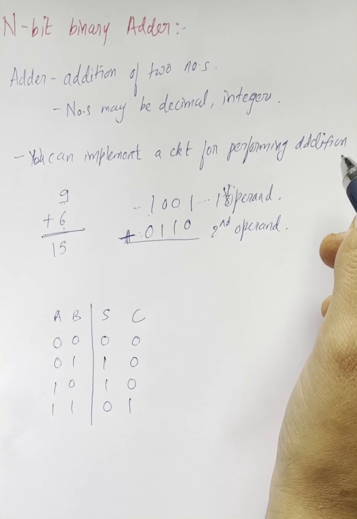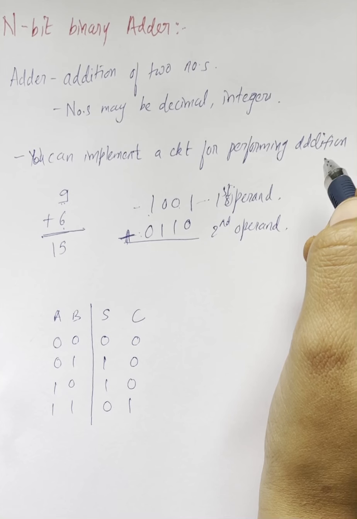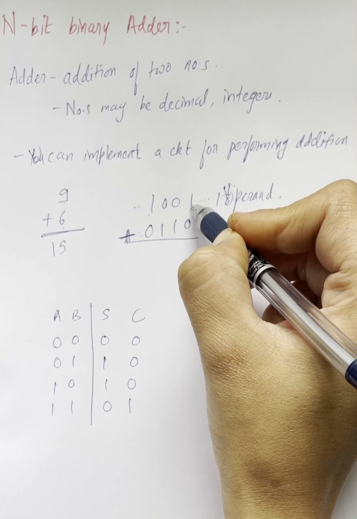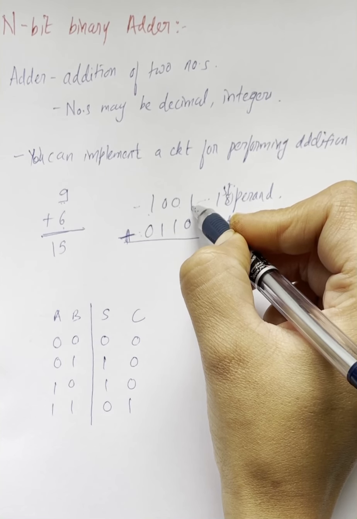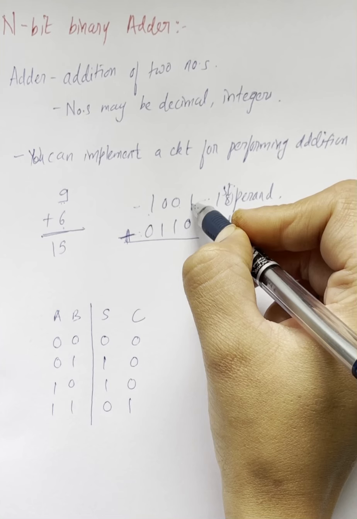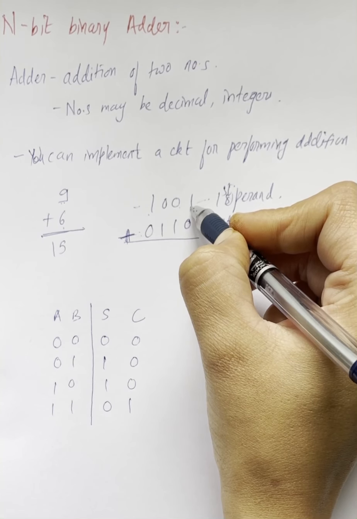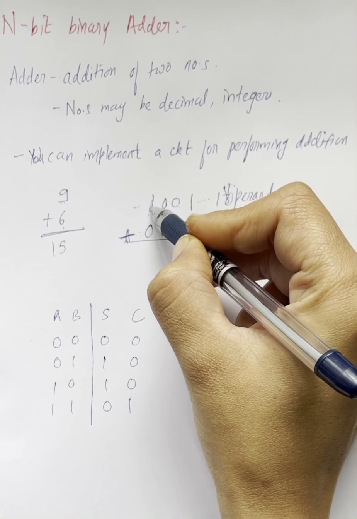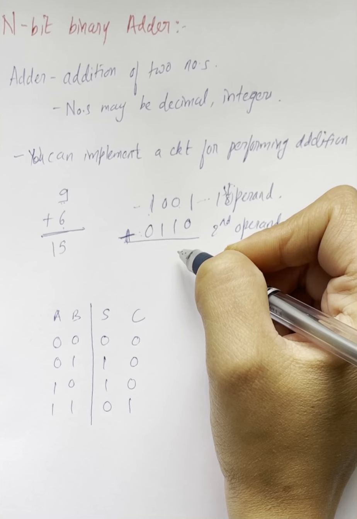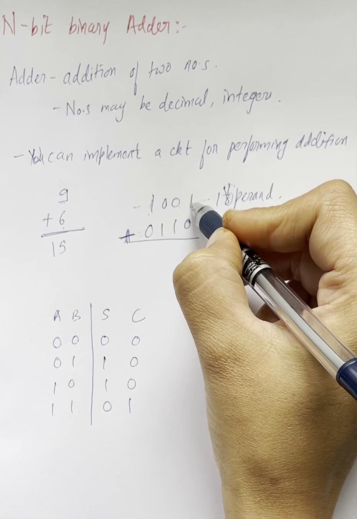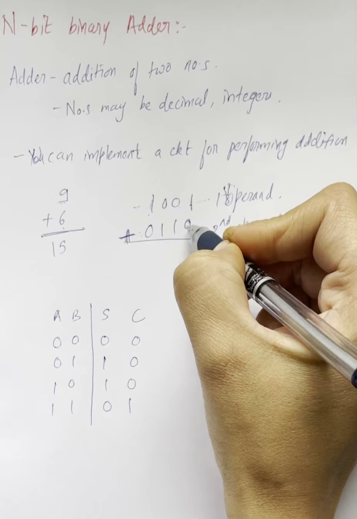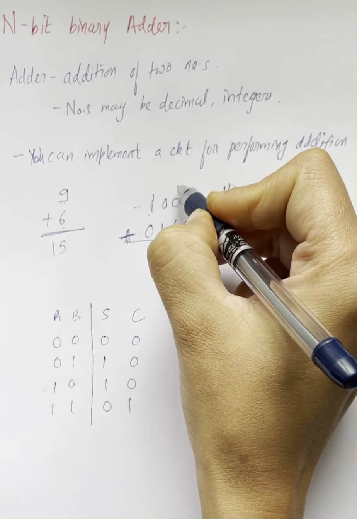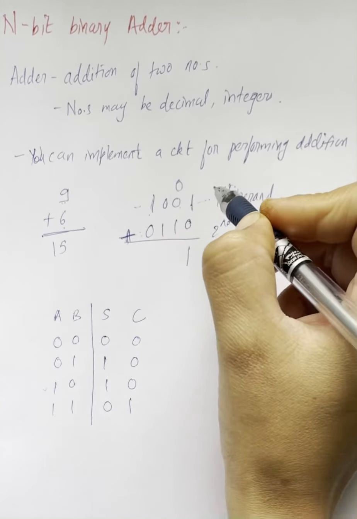So whenever we are going to perform addition of n-bit binary numbers, that time always start with the rightmost column, right? So we are performing the addition operation column wise. Here we'll start with the rightmost column and go towards the leftmost column, and up till the leftmost column we have to perform this same action, right? So I'll start with the rightmost column. 1 plus 0, this case is applied, so sum will be 1 and carry will be 0, right? Now next is what?